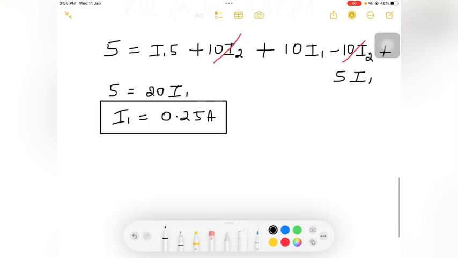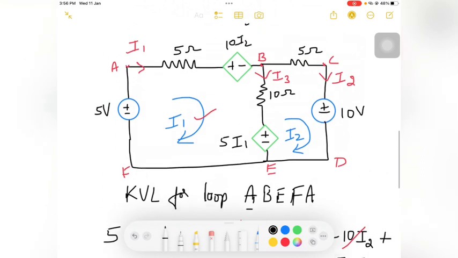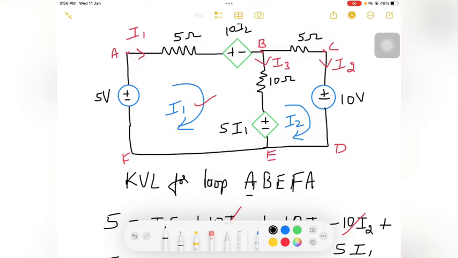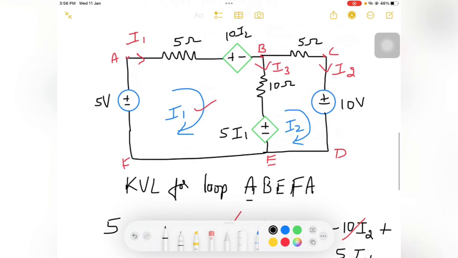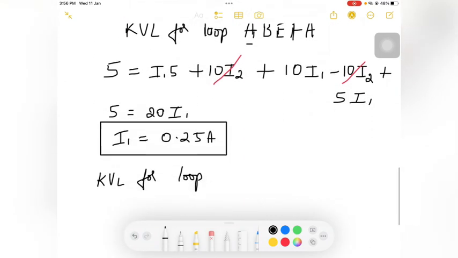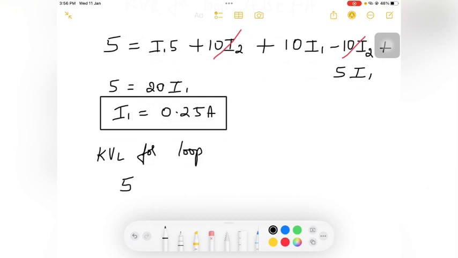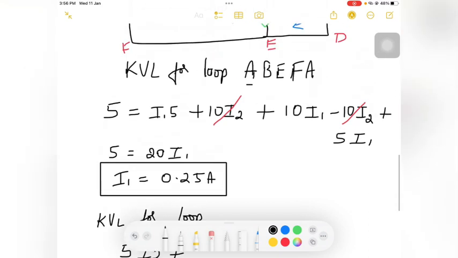So next we will go for KVL for the second loop. Instead of writing all the node values, I can simply say loop 2. It will be for loop B, C, D, E, and coming back to B. It will start from B, go to C, D, E and B. I will write the equation starting from this 5 ohm resistor. So it will be 5 into the current flowing in that loop, I2,